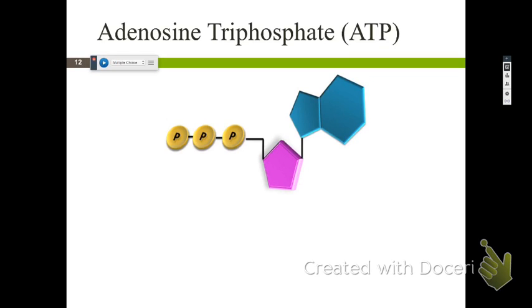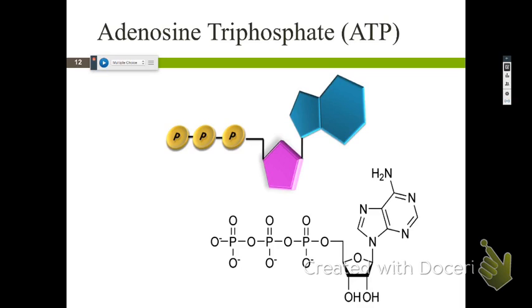All right. How do you think chemists like this diagram of ATP? Love it. It's easy to see. Kind of like Pac-Man, right? So chemists like to show it like this. So we have an adenosine, we have 3 phosphates connected, and this is a place in which we store energy